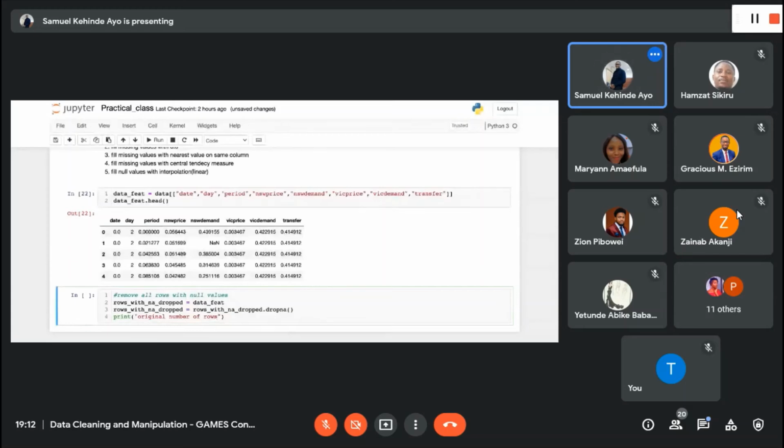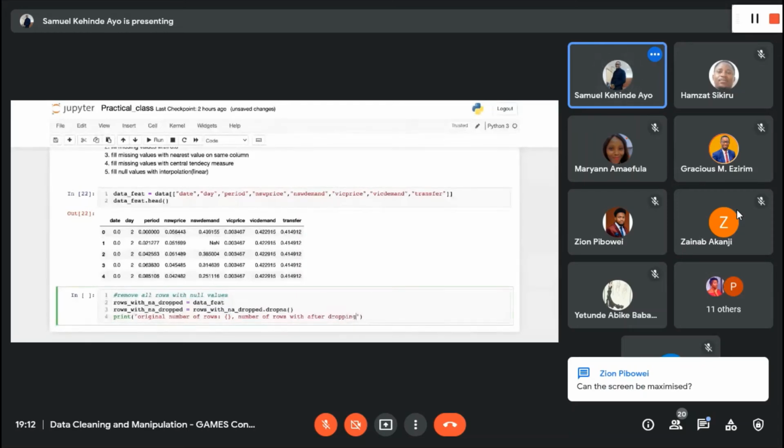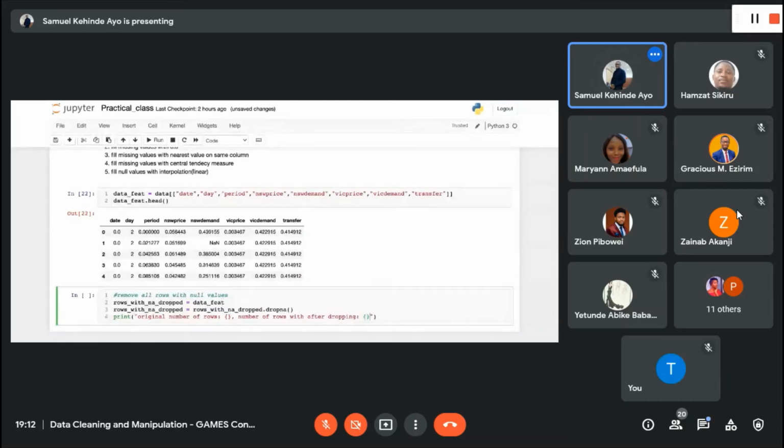So I want to actually print the number of rows, okay? The number of original rows. All right, now after doing that, I'm going to now print the number of rows after dropping. Okay, this makes sense. Number of rows after dropping. Okay. So what I'm going to do is I'm going to format this. All right. But before I do that,